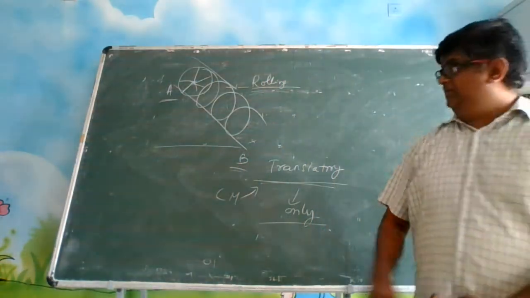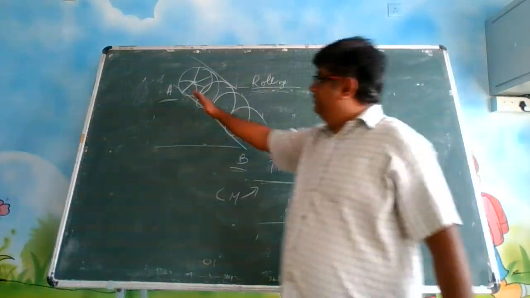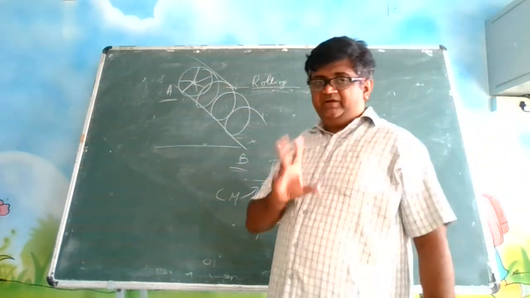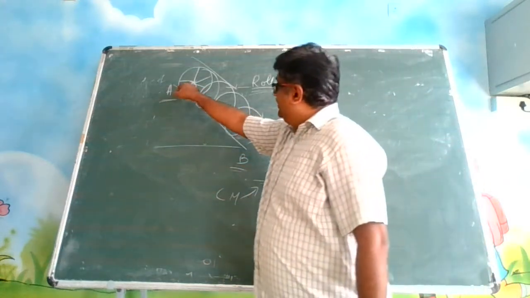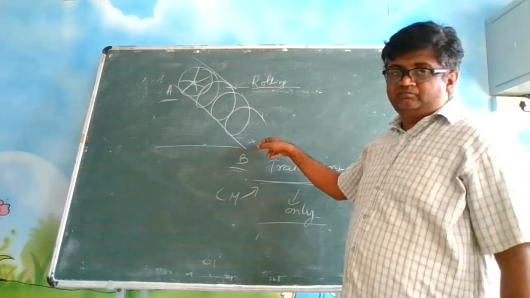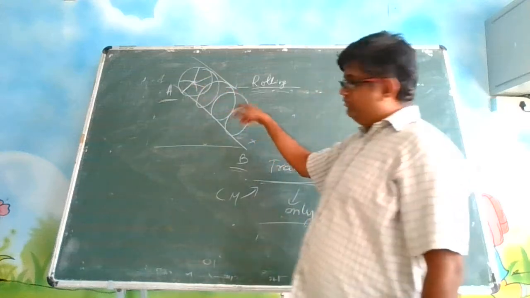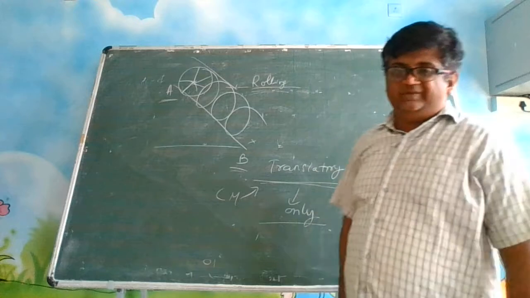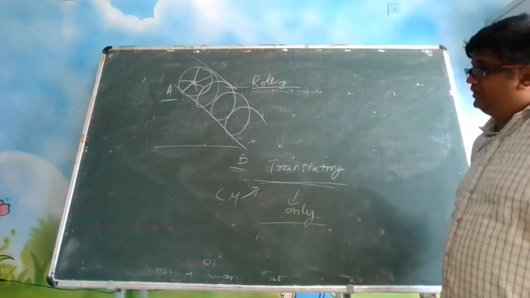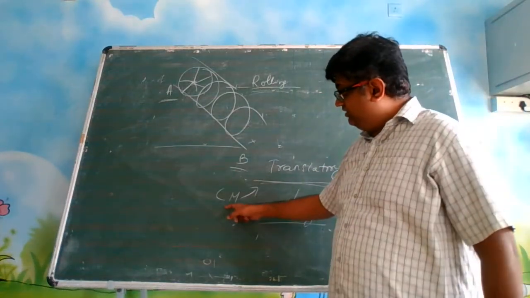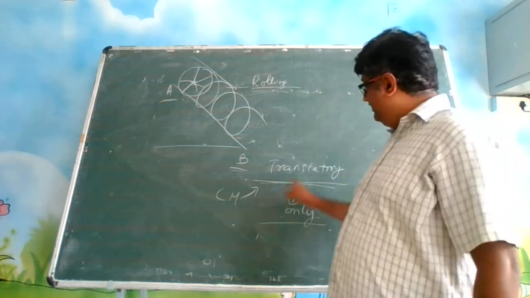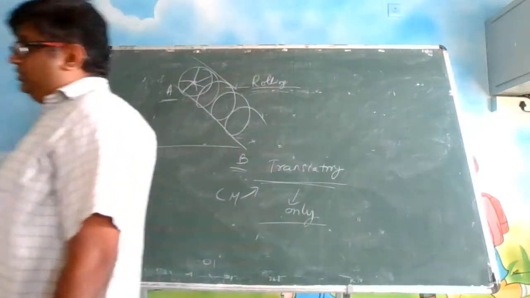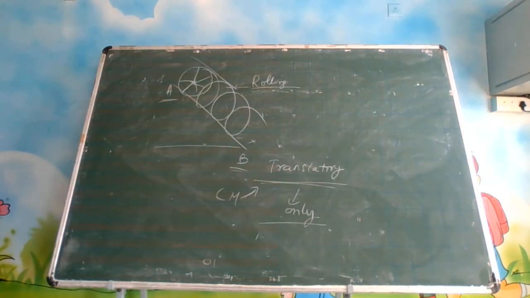Again, I am saying there is a tire on top of a plane. It is rolling down and coming to the bottom point. So how many types of motion are involved here? It has translated from this point to this point. It also rotated and came over here. Alright? So if you take the motion of the system, it is both translatory as well as rotatory. But when you talk about the center of mass of the system, it only translated. It never underwent any rotation. This is the concept you have to remember. Okay?